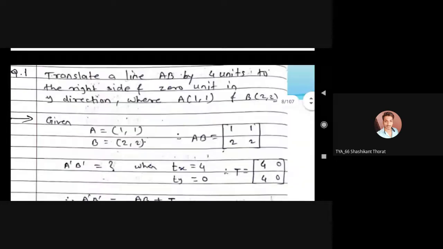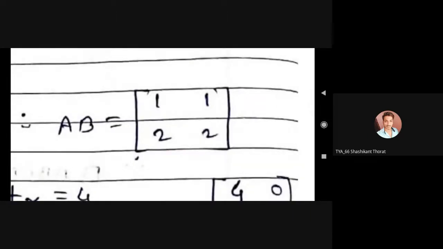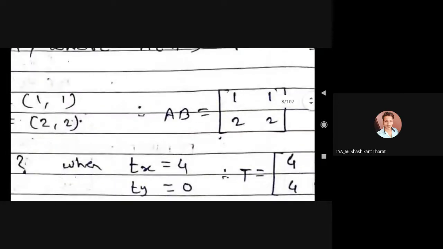So write down in matrix format. Whatever the given data, you should write in matrix format: 1 1, 2 2. Because we have already studied this in representation. x1 y1 is 1 1 and x2 y2 is nothing but 2 2. So write this down first of all. This is the same method that will be followed